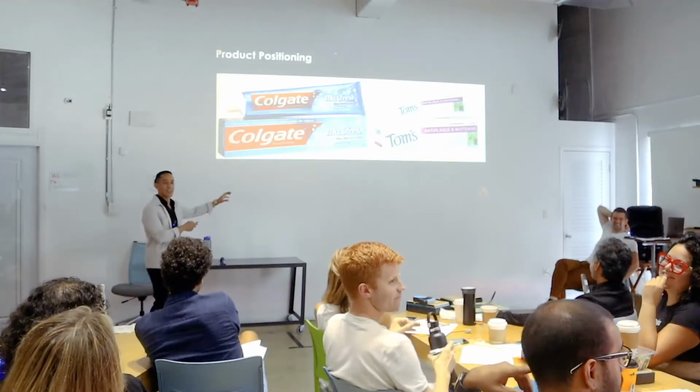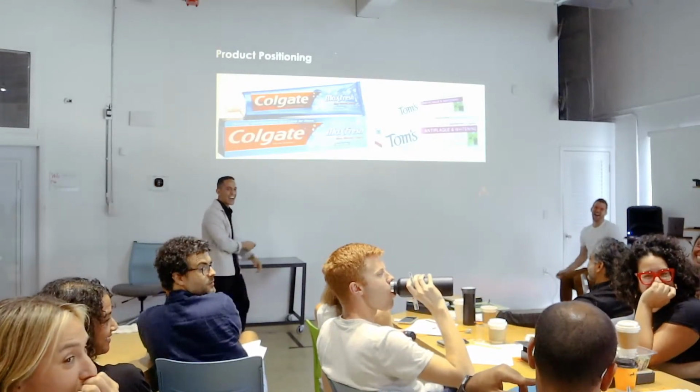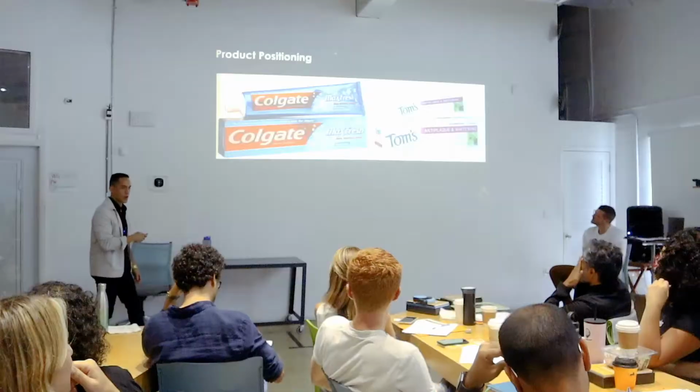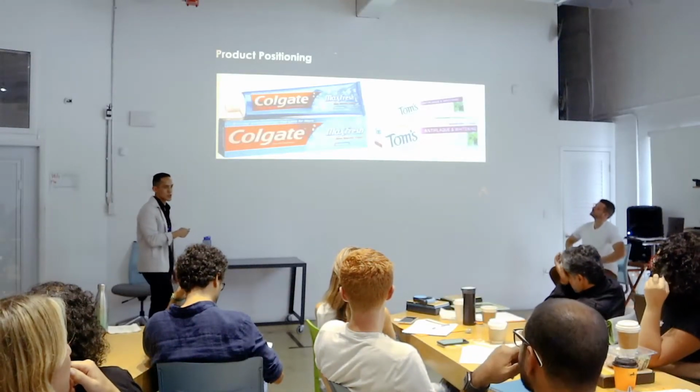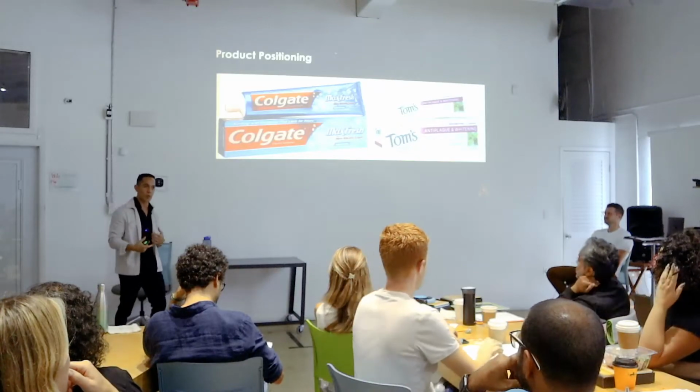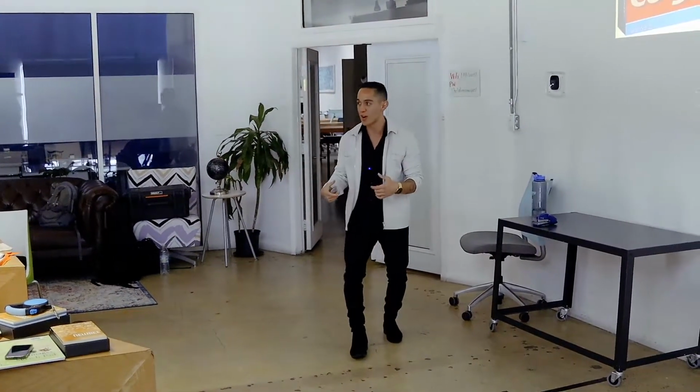So they're targeting different people. People that want this product have a totally different value system than people that buy this product, and this is all positioning. When you think about positioning, it's a problem that you need to solve in your business based on who you are targeting with your product, who your product is for. You have to think through this problem, so I'm going to give you some things that will help you find the most effective positioning for whatever it is that you're selling.